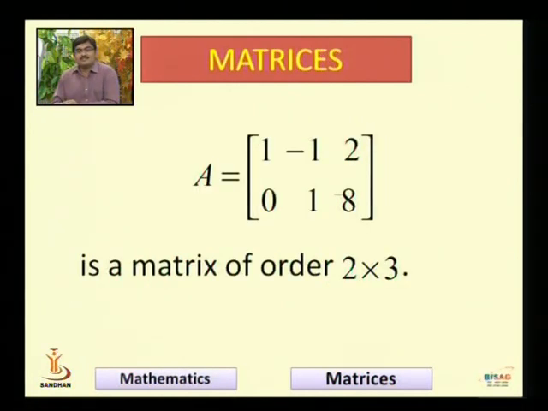Okay, so let us start to give some examples of matrices. This is a very simple example. I will avoid giving more complicated examples. We will rather stick to matrices of order which are smaller. So, to start with, I have just given a very simple matrix, that is matrix A is written like this. It is a 2 by 3 matrix.